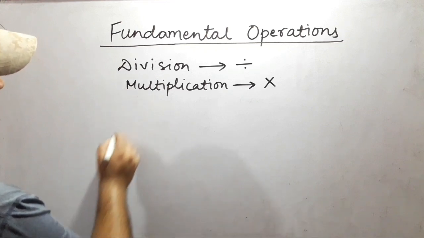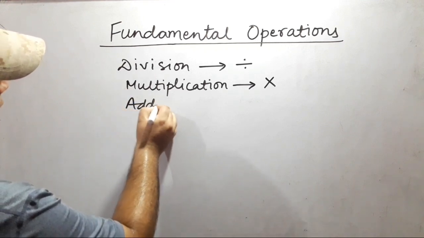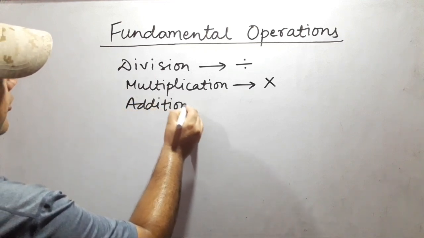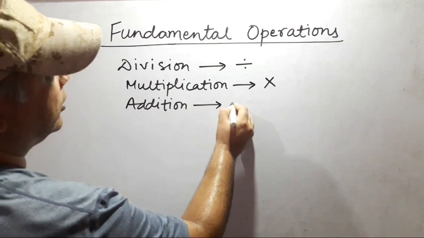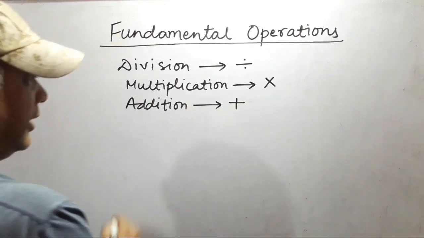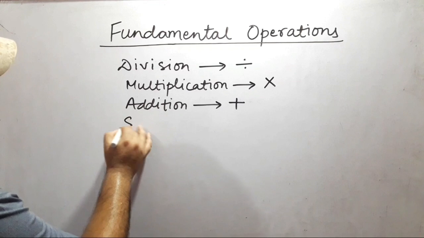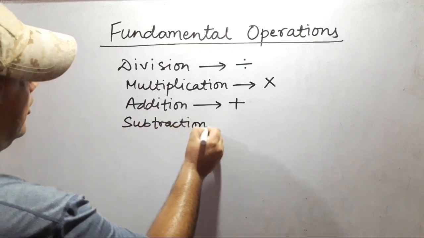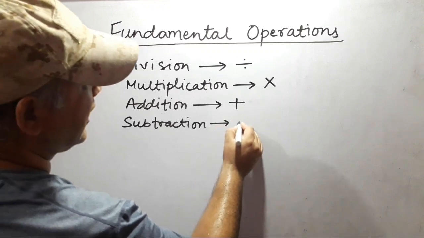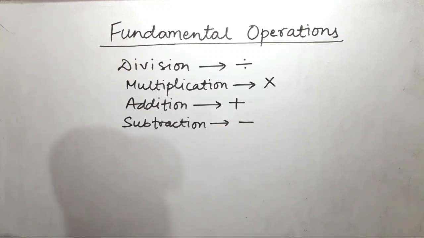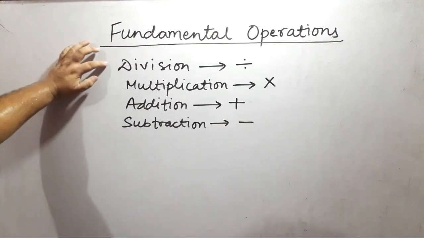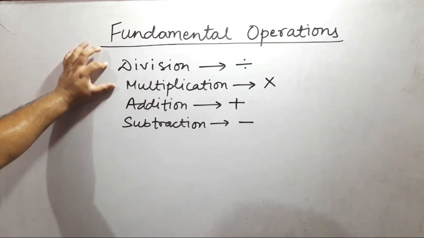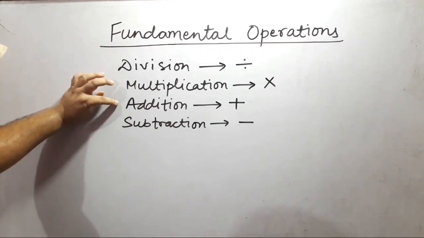And the third operation is addition. So for this operation we use the symbol plus. And the final operation is subtraction. And for subtraction we use the sign minus. So the first operation is division, the second operation is multiplication, the third operation is addition, and finally the fourth